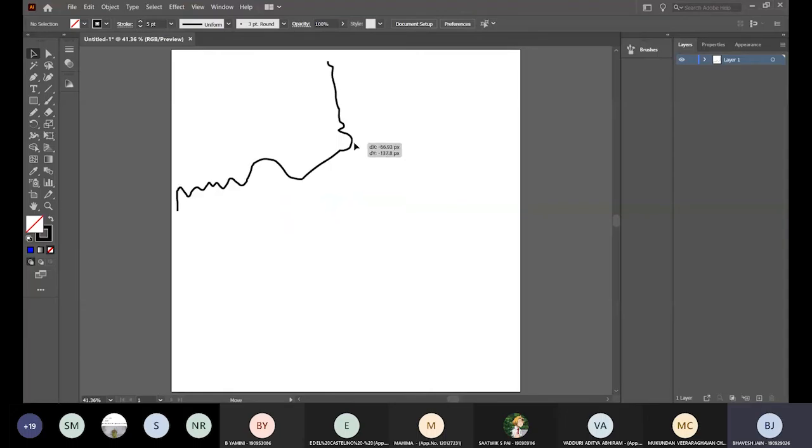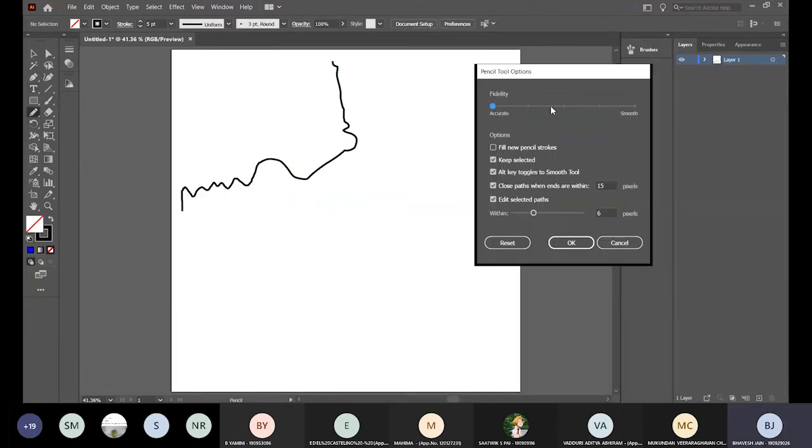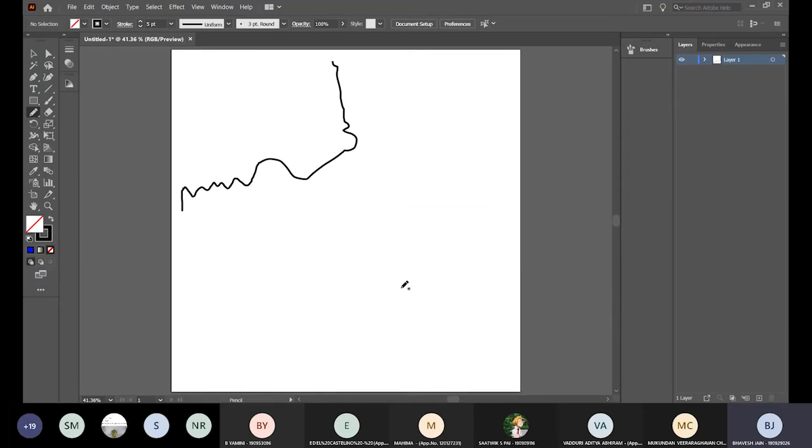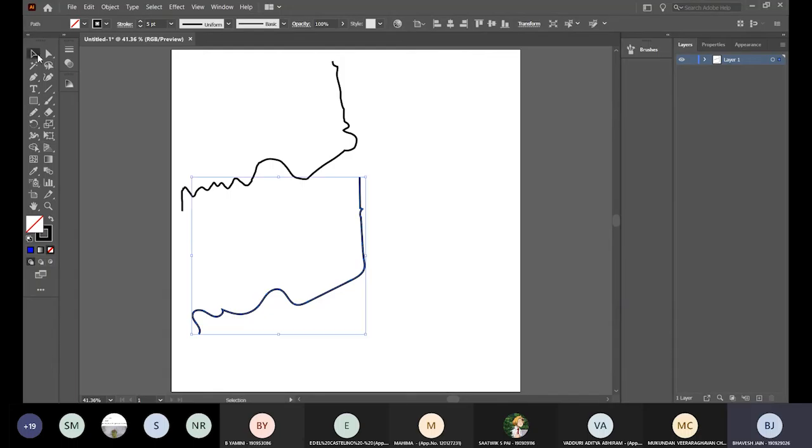But at the same time, if I just go here and I make it smooth, it will treat each individual point as a vertex and then try to automatically smoothen the curve. If I draw a similar kind of thing, see, this is what happens.